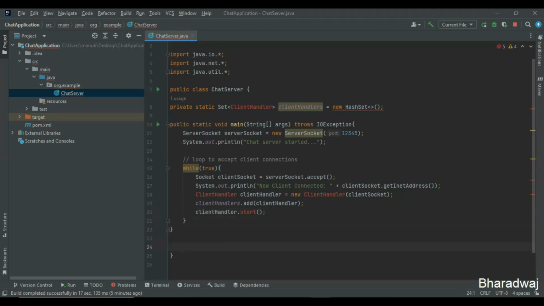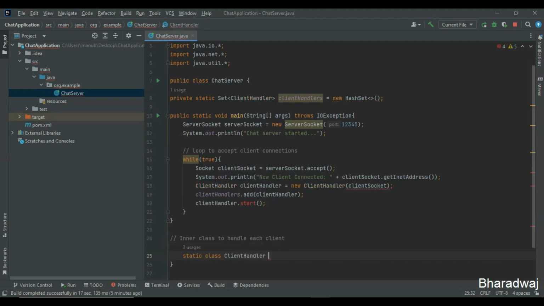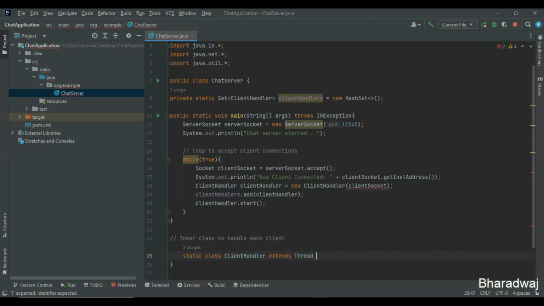Next, let's create the inner class to handle each client. I'll just comment this one and write inner class to handle each client. So let me give static class client handler. Let me make use of extends thread, right? So yeah,